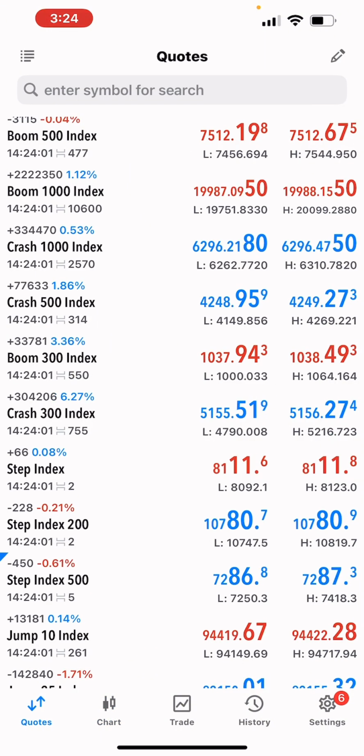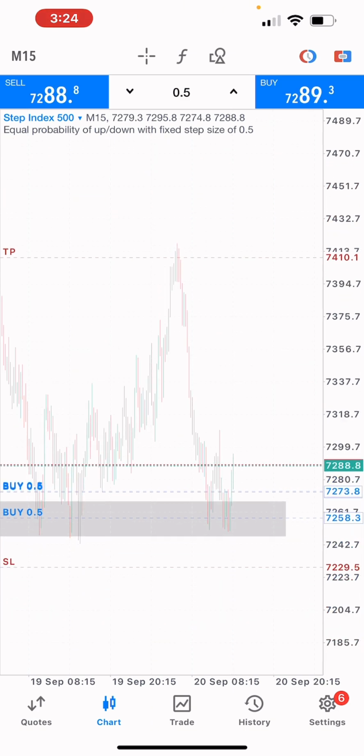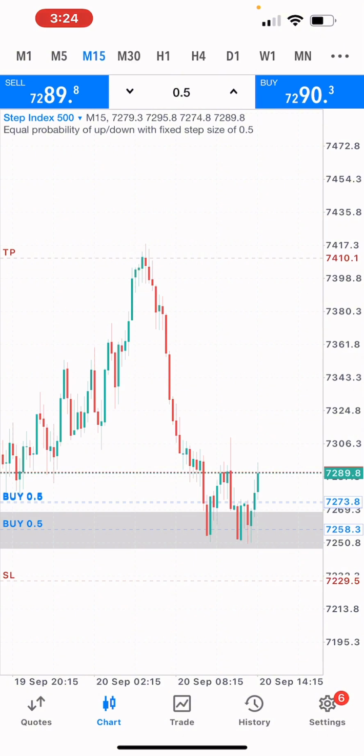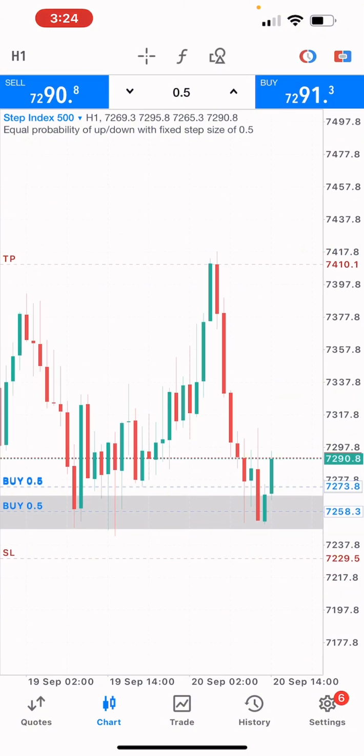And then I also saw another trade here on Step 500 index. So right here, I'm already in on this trade, guys. I'm just expecting to see how it turns out. Okay, already I'm in profit. So I might close this one halfway, but let the other one play out,